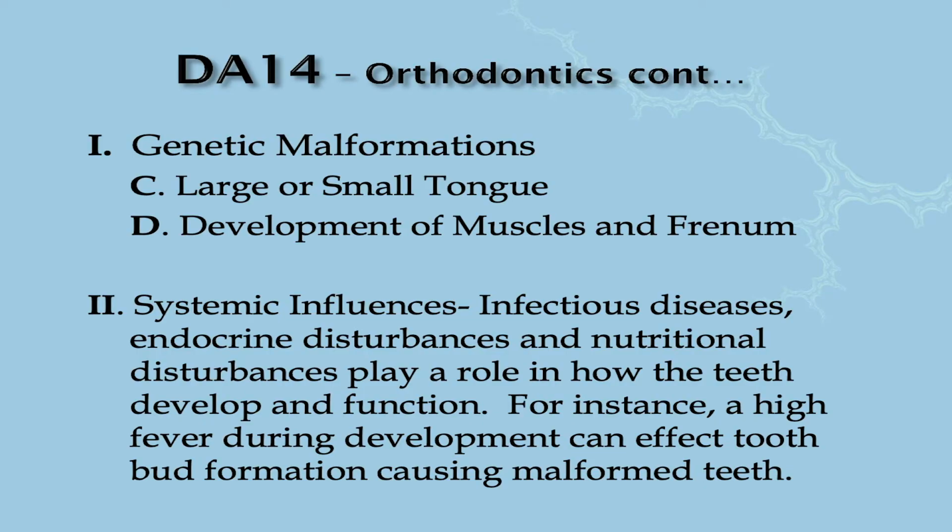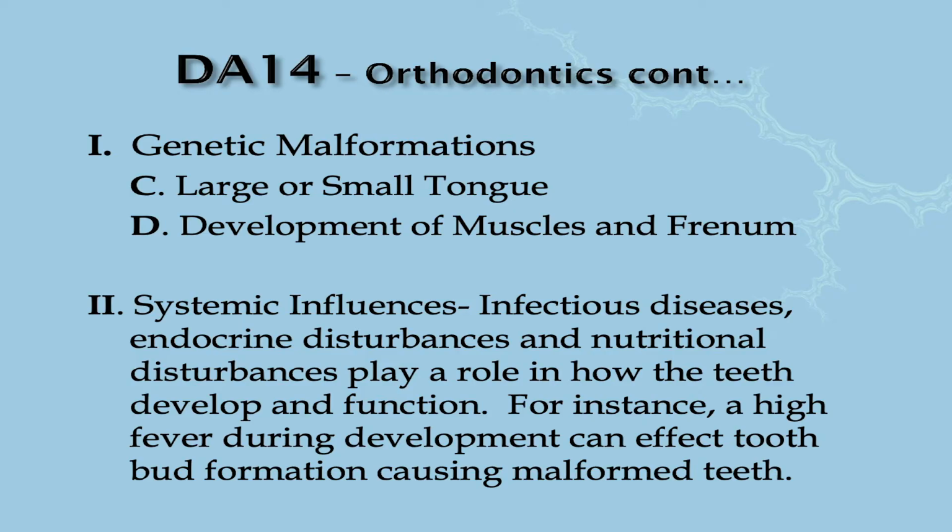We can have patients that have a tongue that's too big or a tongue that's too small. And then we also have development of muscles of the frenum. Frenums are little fleshy pieces of skin that attach or connect different tissues together. They can sometimes be too tight, like the frenum that connects the tongue to the floor of the mouth. If it's too short, that person would be tongue-tied. Or someone with a really thick labial frenum between the two front teeth, they could have a space between their teeth. So these are all reasons sometimes that orthodontics is needed or some sort of intervention is needed to help